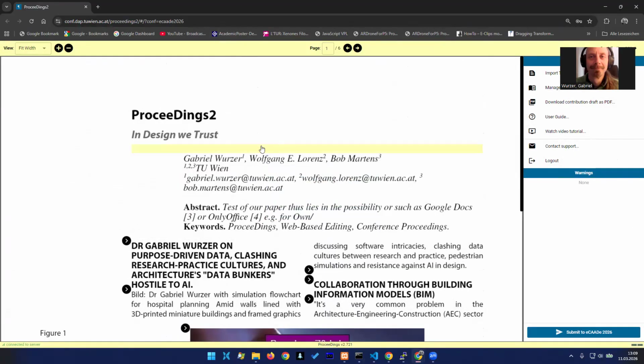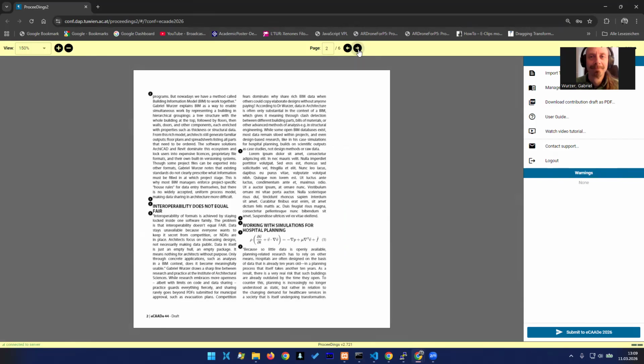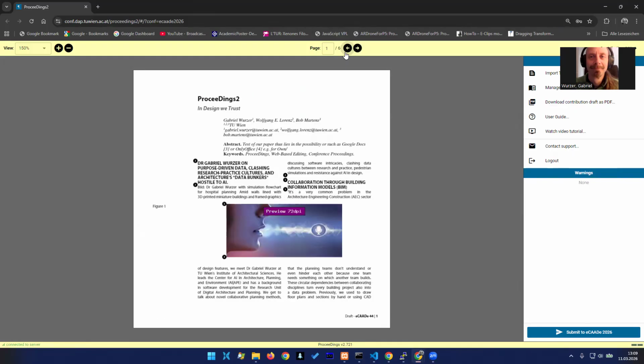Here is your paper. At the top, you see a toolbar in which you can resize the paper so as to fit your screen a bit, or you can also fit the whole width. And here also you see we have got a couple of pages. I may switch between those pages back and forth. Now,